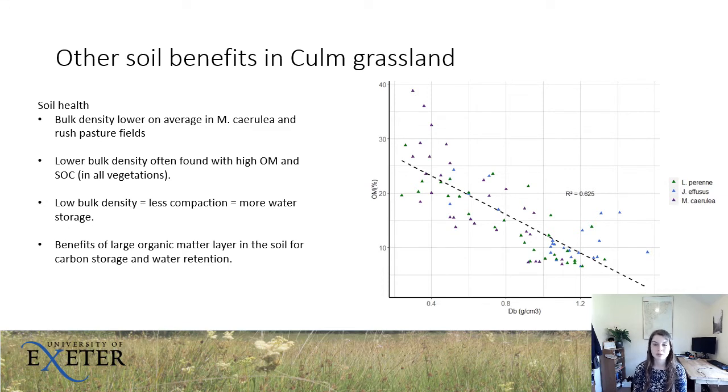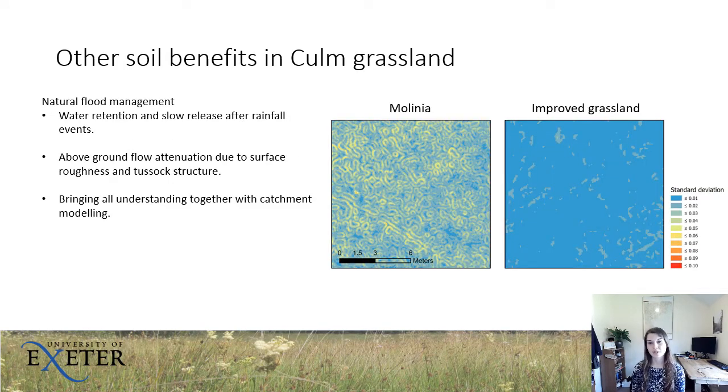This is also good from a flood management point of view that links to the other research. Less compacted soil means that water can be stored in the soil too and it infiltrates rather than just running off, especially if there's an organic rich layer in the top of the soil, which is really important for storing water. Finally, I just wanted to touch on some of the other benefits of Culm grassland from the other parts